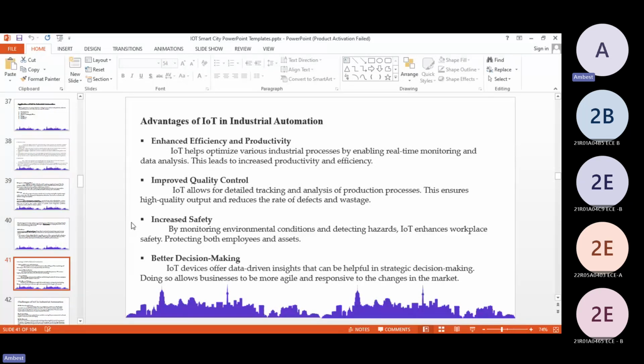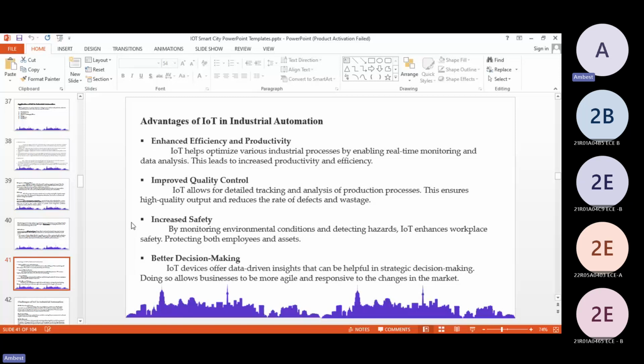Coming to the next thing, improvement of quality control. Checking quality control is very important, because for the schedule we have planned and executed, we have to check whether it is going along with our restrictions and regulations or not, right? In that way, it is also quality control here. Basically, IoT allows detailed tracking and analysis of production processes. If you see online shopping, they give estimated delivery dates and tracking, and so on, right? In that way, it is also an example.